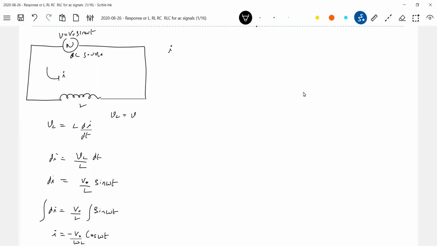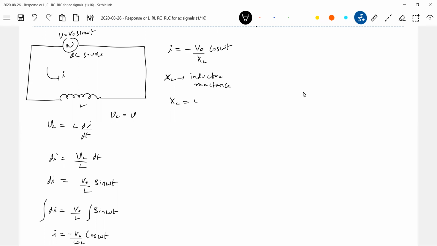So the denominator, I'll call that inductive reactance, where XL is called inductive reactance. And what it does, it will react. So what can be the unit for inductive reactance? Ohms. Again, from basic Ohm's law, current equals potential difference by the resistance. So what is the unit for inductive as well as capacitive reactance? It is ohms.